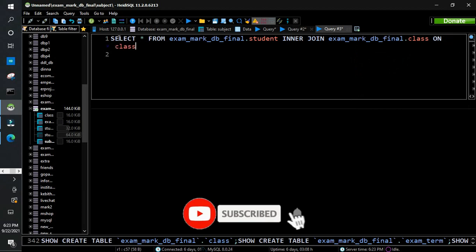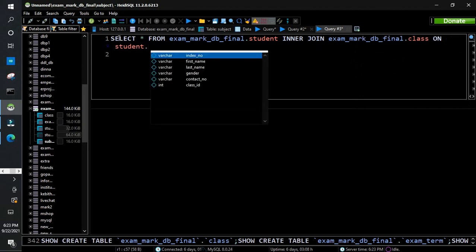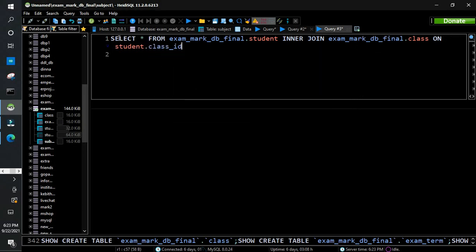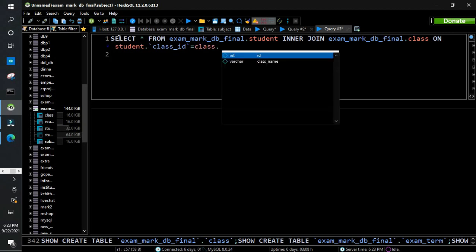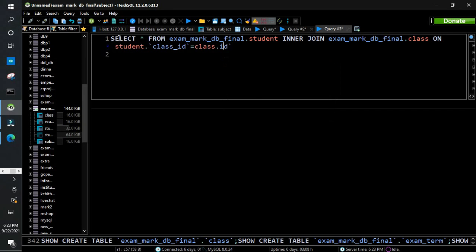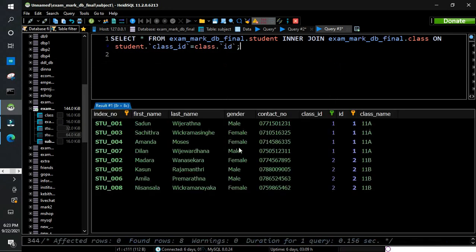My condition is student dot class ID is equal to class dot ID. Okay. Now once I run this, I get the student table and the class table connected with each other.